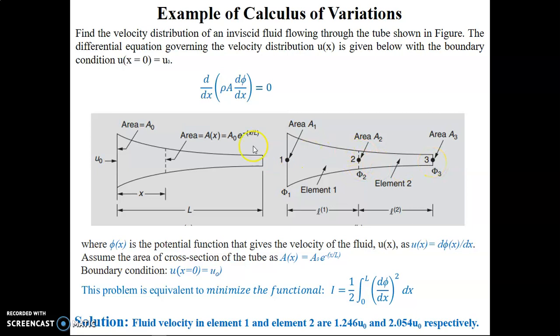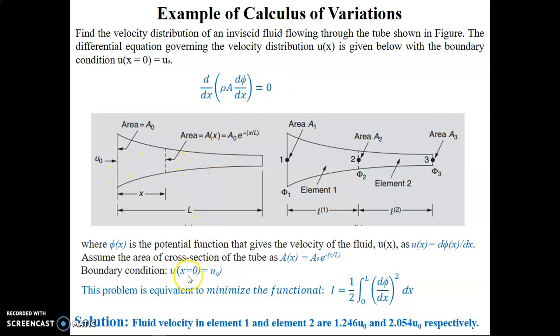Okay, so area of the cross section at the first node will be A1, area of cross section at the second node A2, and area of cross section at the third node is A3. So effective area of the first element can be taken as the average of A1 plus A2, and the effective area of second and third can be assumed to be the average of area of A2 and A3. So again, the differential equation which will be governing the flow within this convergent passage is already given. This represents the continuity equation through this channel.